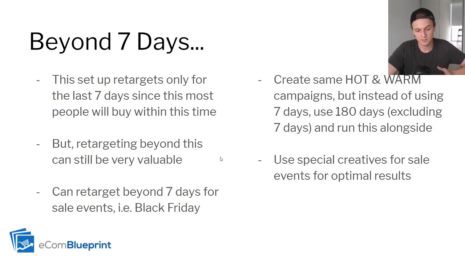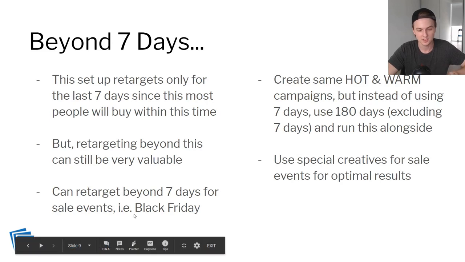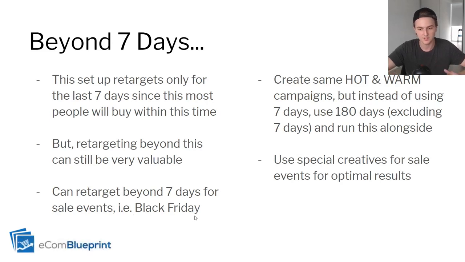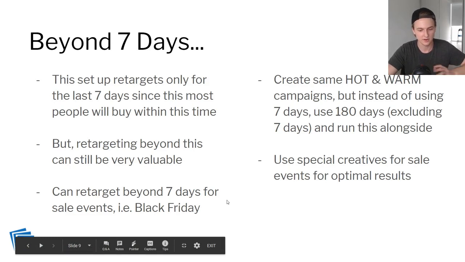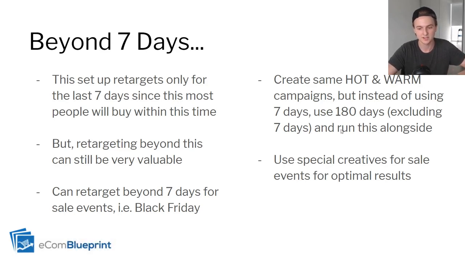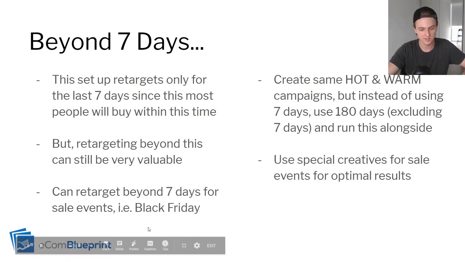But retargeting beyond this can still be very, very valuable, especially for sale events. So for example, if it's Black Friday and you've been running ads for a while on a brand and you have these really, really large warm audiences from the past 180 days, you can use these, right? Because you're not using them at all most of the time. You're only targeting 7 days. And so what you can do is you can create the same hot and warm retargeting campaigns, but instead of using 7 days, use 180 days and exclude all the last 7 days, right? And so you'd be retargeting people from the 7 to 180 days. And so you can do this for sale events like Black Friday,